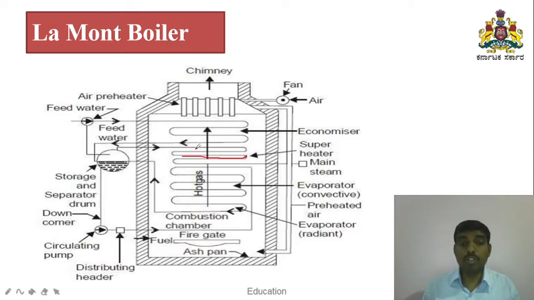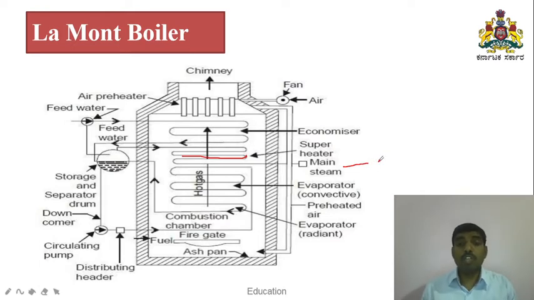This is the superheater zone. The superheater increases the temperature of the steam at constant pressure, by the application of combustion gases flowing upward. That heat will be transferred to the superheater tube. The tube containing saturated dry steam will convert it into superheated steam. This superheated steam will flow to the main steam line, for turbine applications.